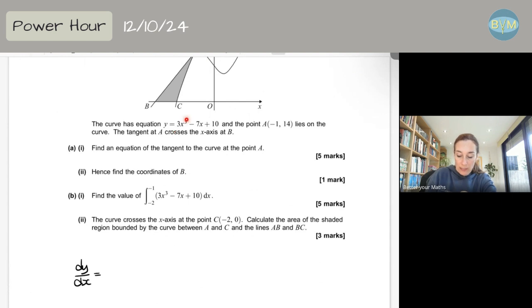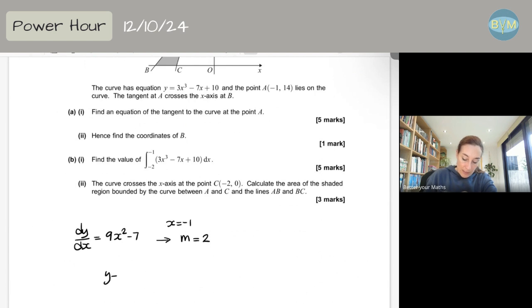polynomials. So the 3 here in the exponent goes multiplying the 3 at the front. So I have 9x squared. The degree goes down by 1, and then -7. When I substitute my x by -1 to find the gradient exactly at A, I have m is 9 times 1 squared, which is 1, so 9 minus 7 is 2. So that's the gradient of the tangent, which means